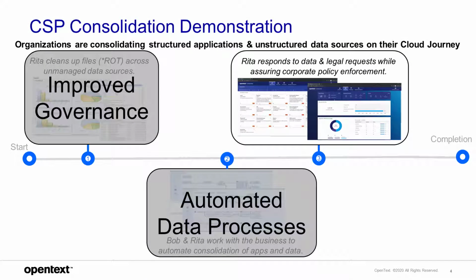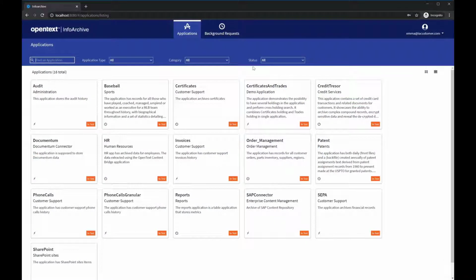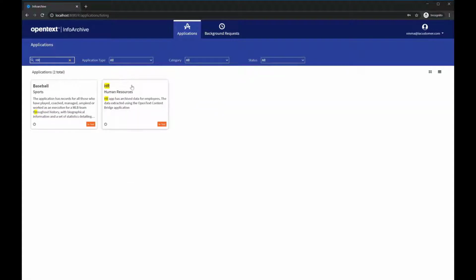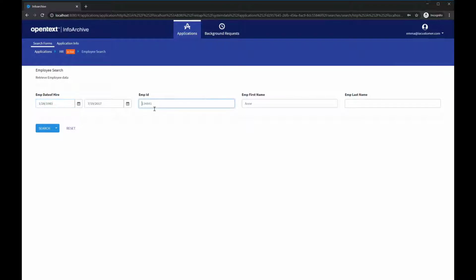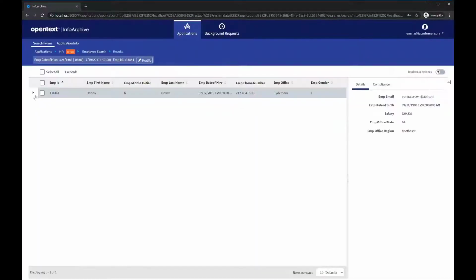Now that the data and content have been consolidated, it can be leveraged by the business. Emma works for HR and is responsible for employee information requests. She has access to data from many systems, but can quickly filter by HR to access the one relevant to employee records. The input form allows her to search employee records by various criteria, including employee ID, returning the appropriate